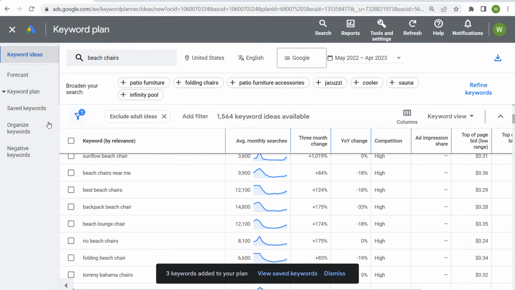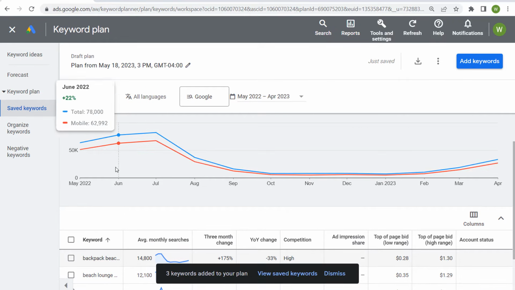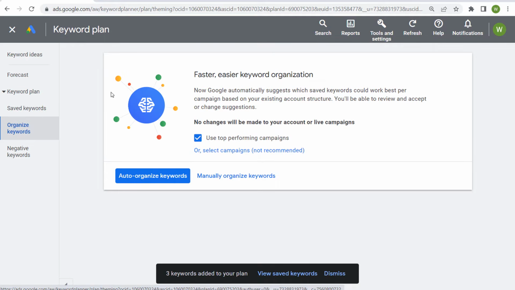So now what we can do is go into our saved keywords here. We should have 3 saved keywords that we just added. So you'll see all 3 of these right here. But what you want to do is actually come over here to organize keywords. So this will bring you to the page that I showed you earlier. Rather than going to organize keywords earlier, we can actually just access that directly when we are doing keyword research